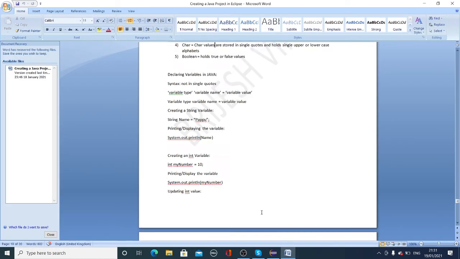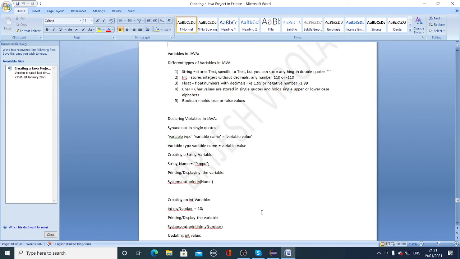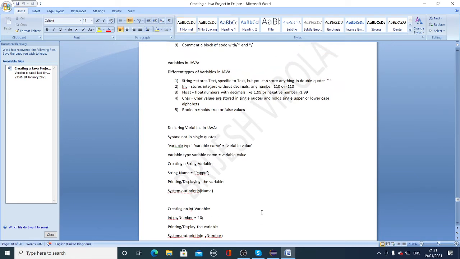So let's repeat it again. So you can see variables in Java. There are different types of variables in Java. One is string. String stores text and it is defined in double quotes. Second one is integer.